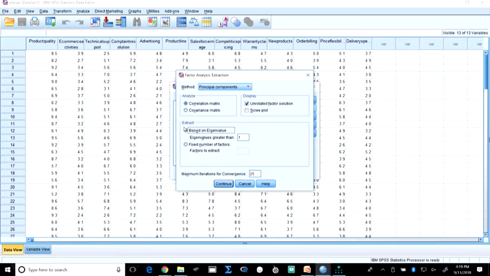The fixed number of factors could be determined on the basis of past knowledge, or sometimes on the basis of the amount of variance explained. If the amount of variance explained is sufficiently high, let us say you have 13 variables in this case, and you have got 4 or 5 factors. These 5 factors explain about 85%. Then you can say, well, since it is explaining quite a good amount of variance, I can reduce a little further.